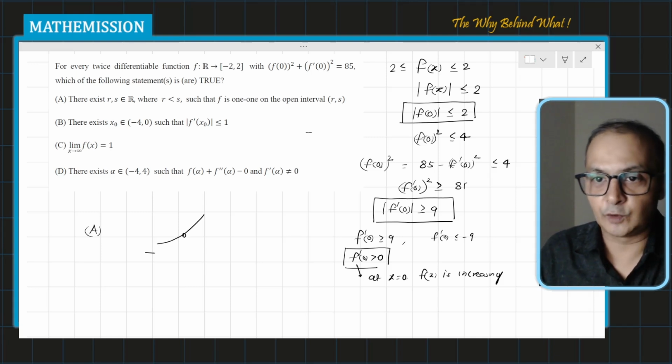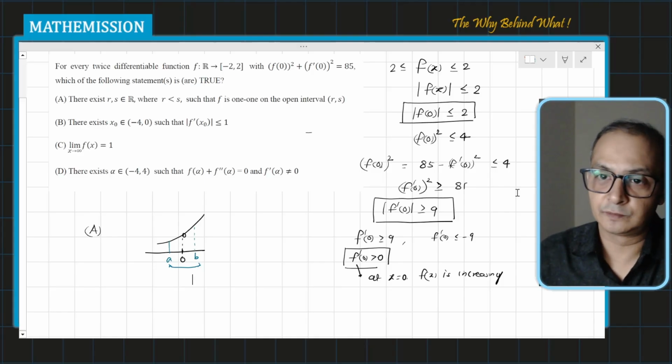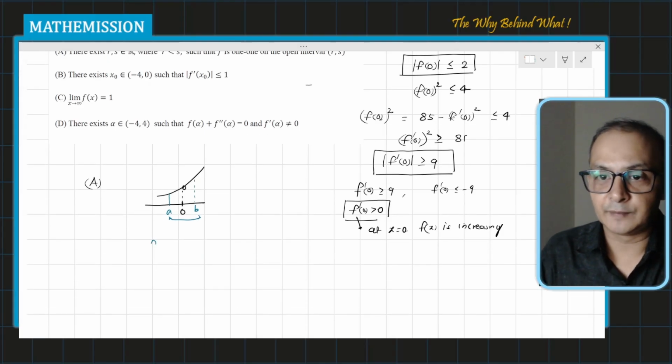Suppose I have this point 0 here, and at 0 when you are saying that the function is increasing, it means if the function is increasing in a very small interval from a to b, and in this interval 0 is lying, then we say the function is also increasing at 0. It means I must say f(x) is increasing at 0